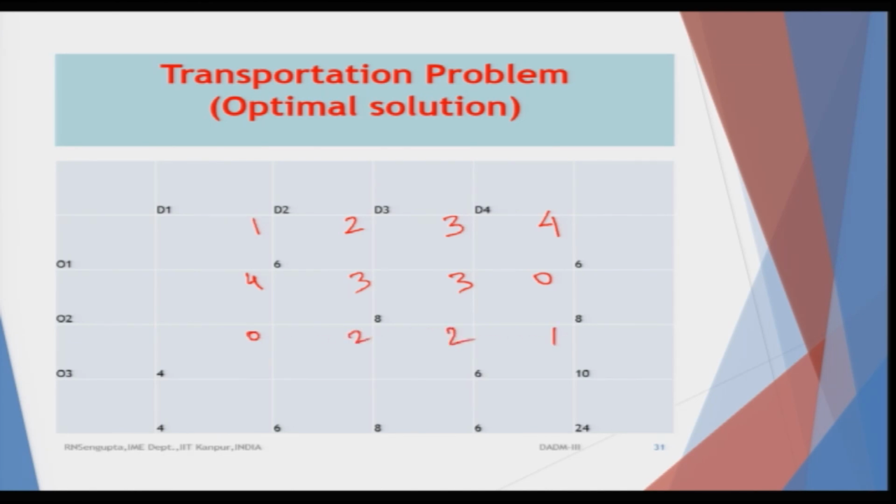Now let us see what the costs are and highlight the values. I use the highlighting on. So 6 into 0 is 12, then 8 into 3 is 24, 12 and 24. I will keep writing it also.